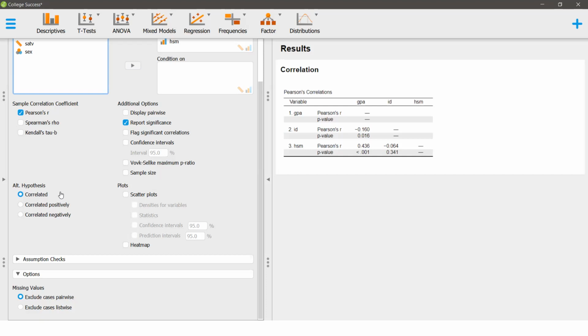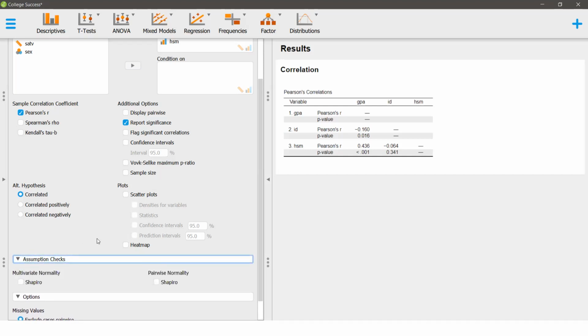So the three options are listed down over here for us, and we have some different additional options and assumption checks. The assumption checks are mostly for the Pearson R value, because when we are going to make some conclusion based on Pearson R values, it is assumed that my data has a normal distribution.